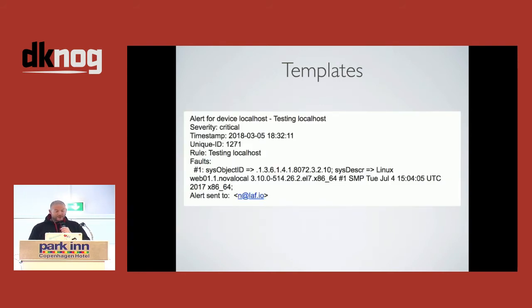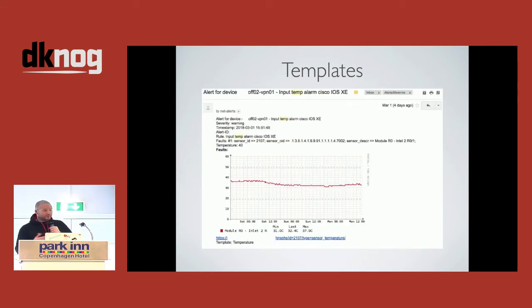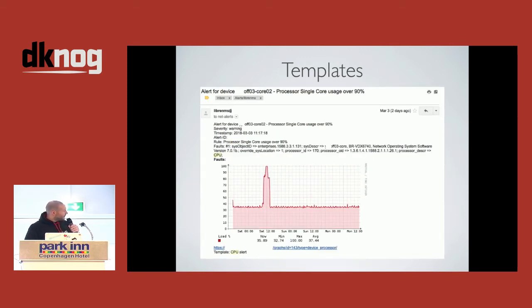It produces something like that. So you get the information you need out of it. It's not amazing, but it does the job, and you can change that to fit in with what you want to see. So I got a couple of examples off users who sent these to me on Discord a couple of days ago. So you can do HTML-based emails rather than just plain text. A user here has embedded graphs directly from the platform. So when he gets an alert through, it'll also pop up the graphs that are relevant to that particular alert that's coming in. So this one is a sensor alert, I think, as the values have dipped below a certain value. We sent another one there where the CPU spiked up to a certain percentage. So it is flexible, but why reinvent the wheel? So we're going to go back and fix that at some stage.